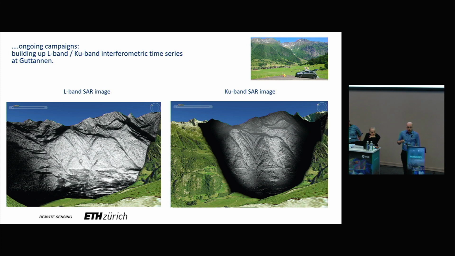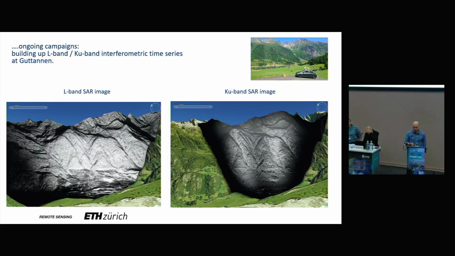So now this is, as promised, really this concurrent L and Ku band imagery from the same site. This is also to show you a bit the different extent of the imagery that we see. On the left-hand side, the L band has, as I said, a 40 degree azimuth beam width. So we get quite a wide view, even though we're not driving a very long distance. In this case it's something like 100 meters, and the road is actually a bit curvy. And you see that this also leads to some variation in the backscatter. This is not corrected here.